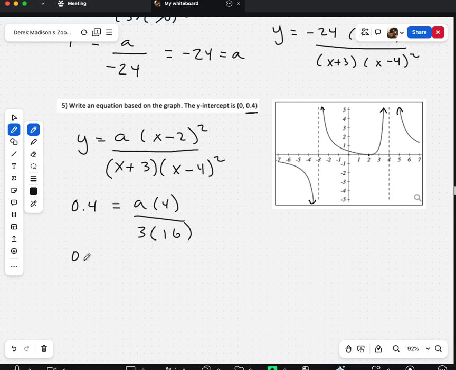And then we reduce that a little bit. 4 goes into 16 4 times, so this is a over 12. And then multiplying that 12 up times the 0.4, and we get 4.8 for a. And so I won't rewrite it again, but that just means that this right here would be